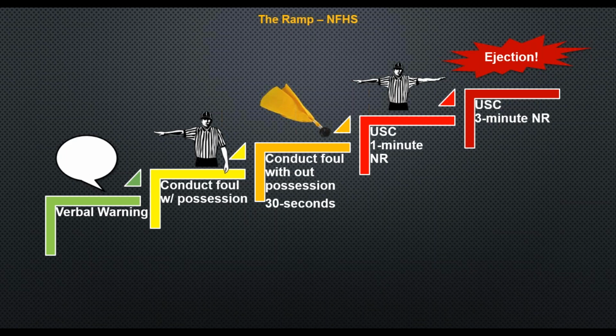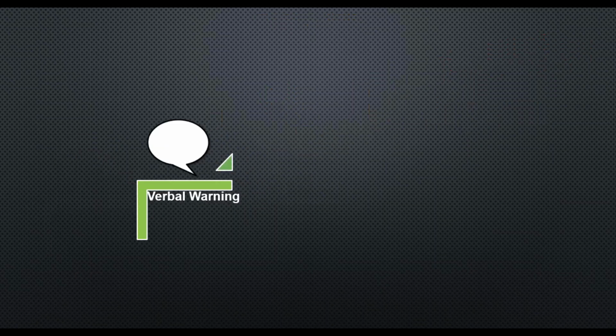If the behavior is not quite bad enough for an unsportsmanlike conduct, we need to start utilizing the conduct penalty. It is a great tool for us to use to modify behavior. It tells the coaches and the players that we know what's happening out there. It's a quick shot across the bow, and used properly, hopefully we can keep from using the unsportsmanlike conduct